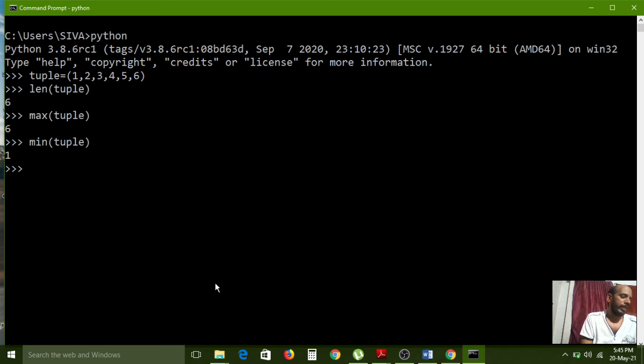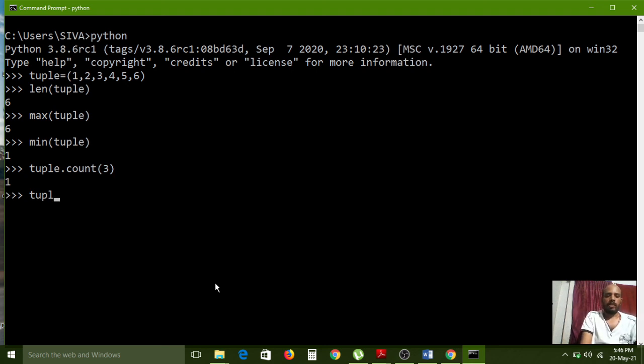Now tuple dot count of 3. I gave 3, so how many times is it repeating? In that tuple the value 3 appears only one time, so it returns 1.